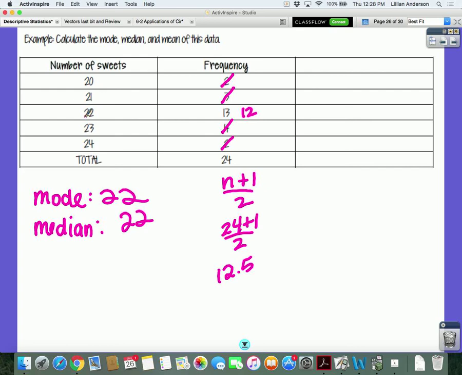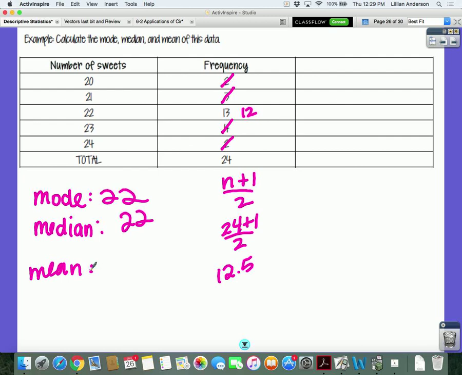Everybody understand that? All right, I'll finish this up on the video. You guys make sure you watch the rest of the video, and then you're going to finish the 3 examples that follow this one. That's going to be your homework. I'll see you tomorrow. So lastly, to find the mean,